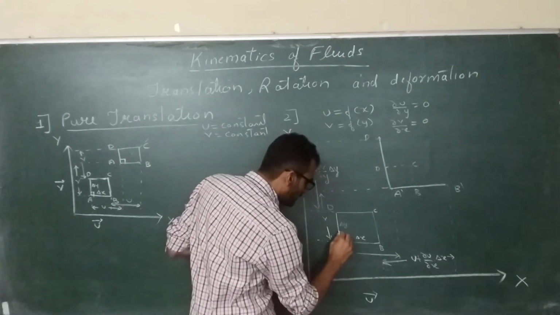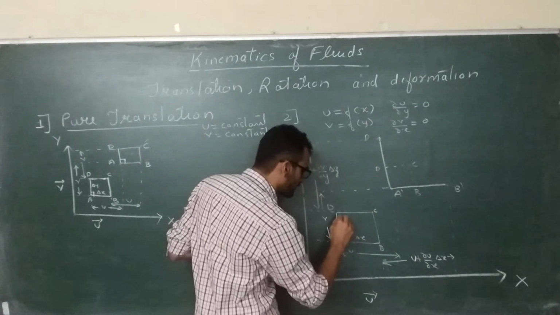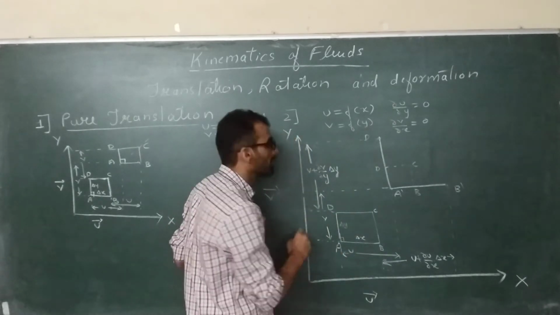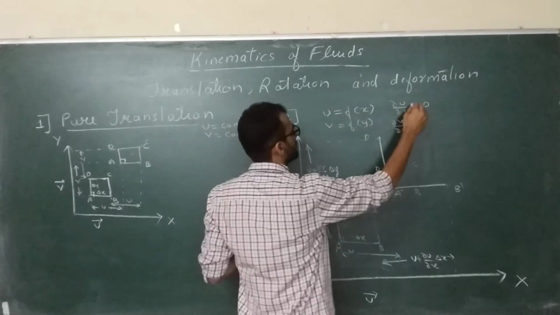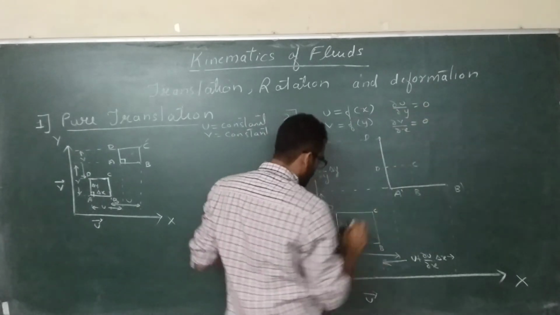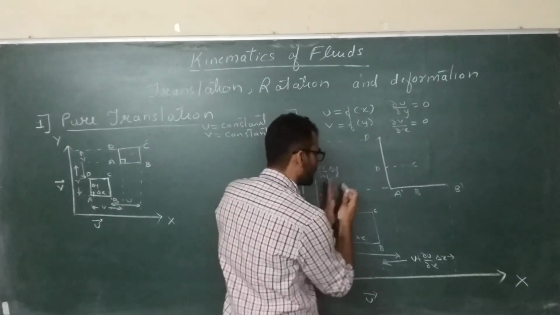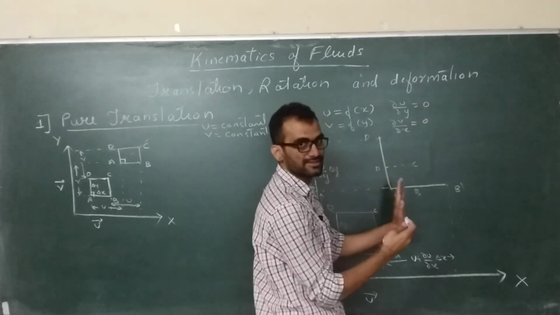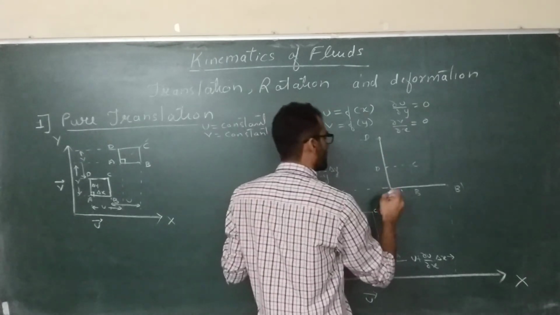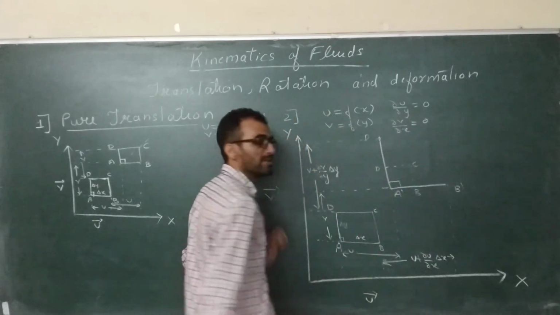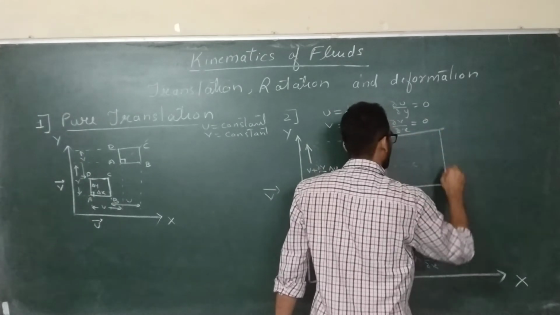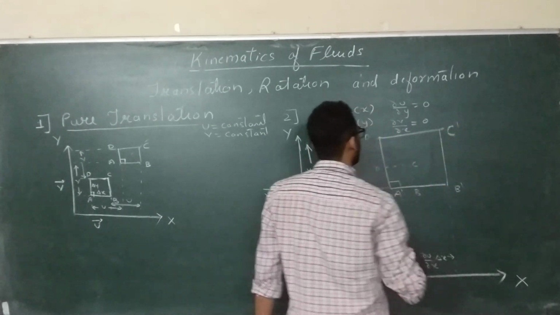Why? Because all the horizontal velocities on this line AD, the horizontal velocity of all the points is same. Why? Because horizontal velocity is not a function of y, so it is not changing with respect to y. Del u by del y is 0, so u velocities will be constant, so they will move constantly when they are traveling in x direction. Their u velocities will not change, they are not different at top and bottom, so they will travel parallel, and that's why the included angle will still remain 90 degree, and you will get this final A dash, B dash, C dash and D dash.